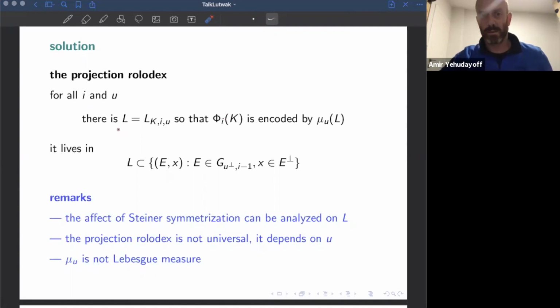So this is the main idea. Now the price you need to pay is that the thing you actually care about is not the volume of this body, it is some other measure of this body. So I will try to explain what this measure is, but this is the price you need to pay. It's not the volume, it's some other measure. And for concreteness, this body lives in this space. So maybe I will not explain it. It's not a difficult space,